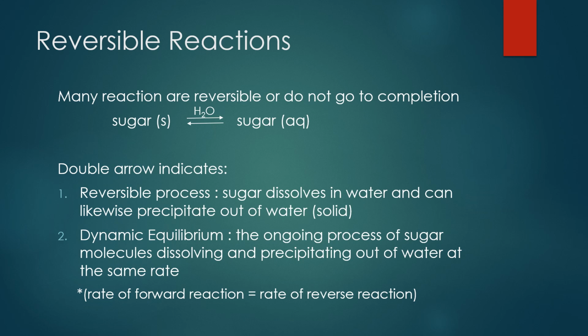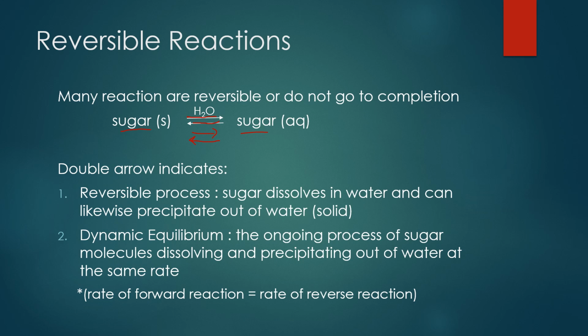So there are reversible reactions, and all a reversible reaction means is that we don't always just go from reactants on the left-hand side of the equation to products, and then that's it. Sometimes those products revert back into their original form. So this is called an equilibrium, and it's represented by an arrow going in both directions. There's an arrow going from reactants to products, but there's also an arrow going from products to reactants.